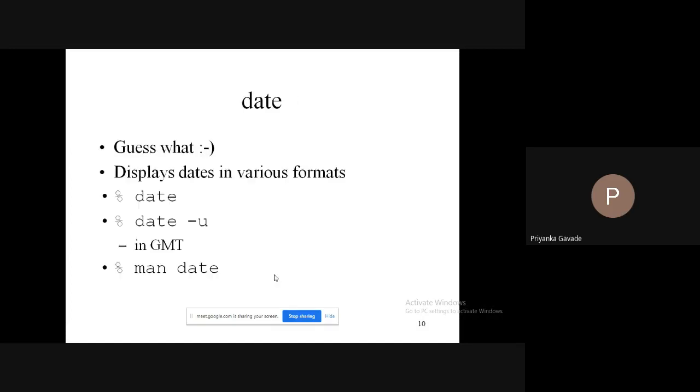So we move on to the next command here, that is date. If I want to know what exactly the current date is, then I will make use of the command called date.